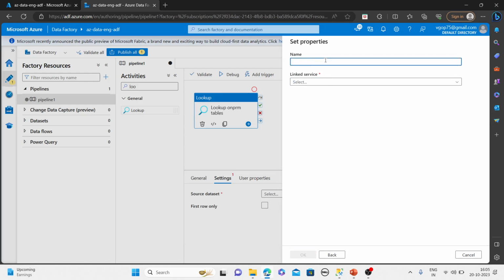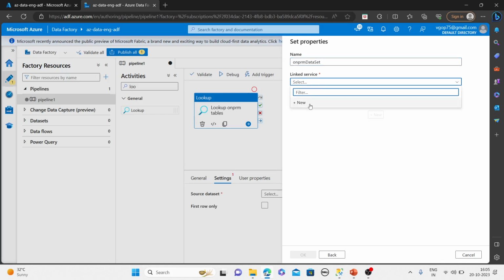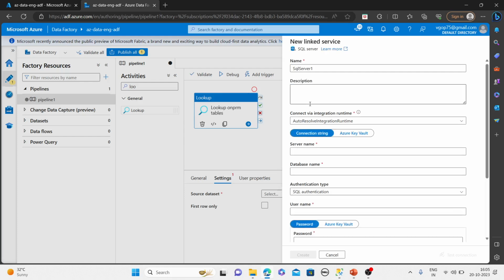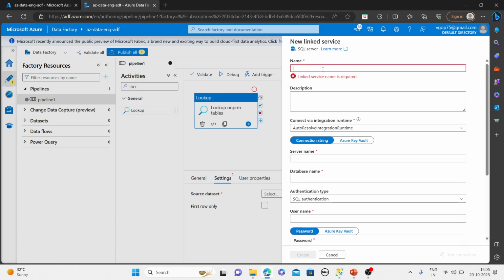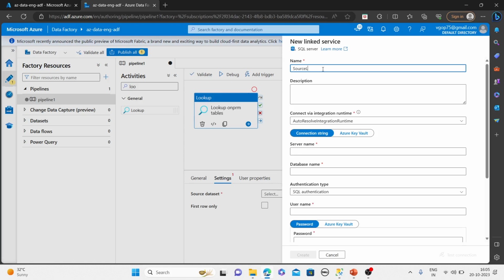I would like to give here the name on-prem data set. Okay. And here I would like to select the linked service. I haven't created any linked service yet, so let me create a linked service. I would like to say source link. Okay. Here I would like to select